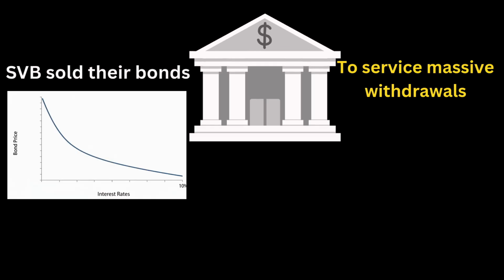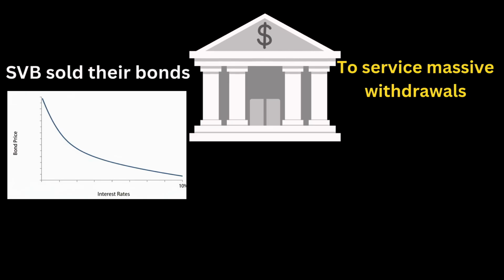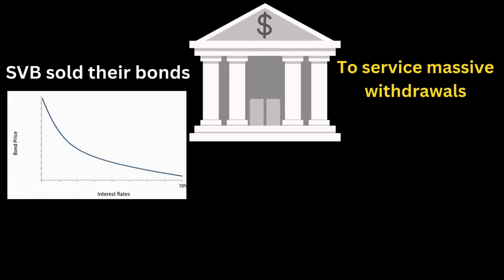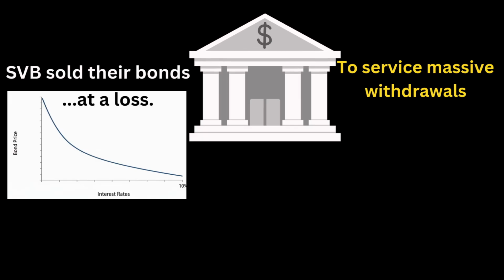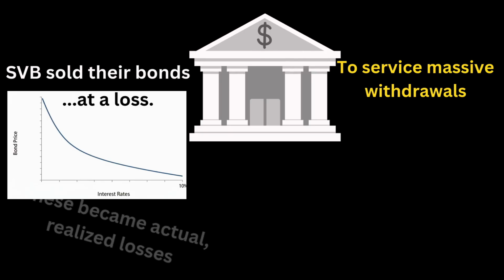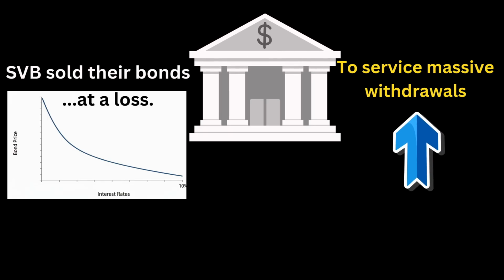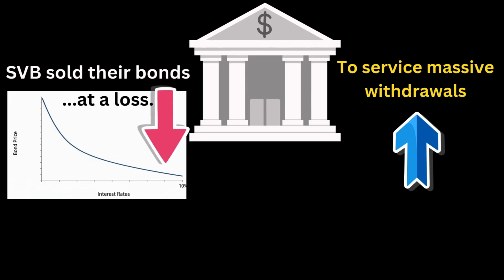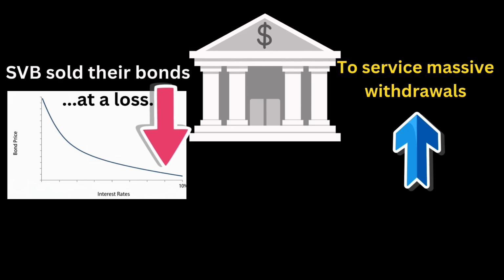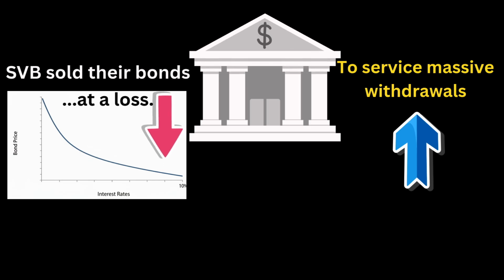However, remember that when interest rates go up, these treasury bonds lose value. This should be merely valuation losses, but since they needed to be sold, these losses got locked in and became realized losses. The more they needed cash for withdrawals by depositors, the more they needed to sell these bonds, depressing the value of their asset holdings even more, especially as it became a fire sale.